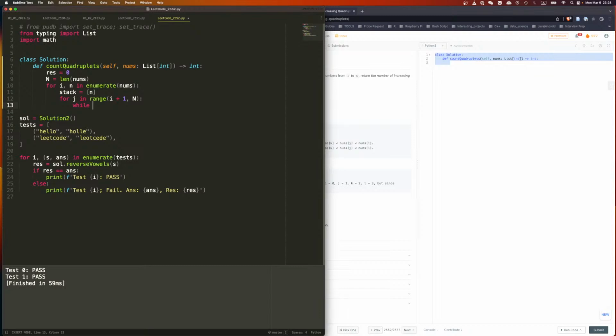While, so if this is bigger, if this one is bigger, then we just pop until we find something that's smaller, right? Until we find something smaller. So if something is smaller, then you just pop until you find something smaller. That doesn't make any sense. So if something is bigger, then you just pan. If it's smaller, then just pop. But